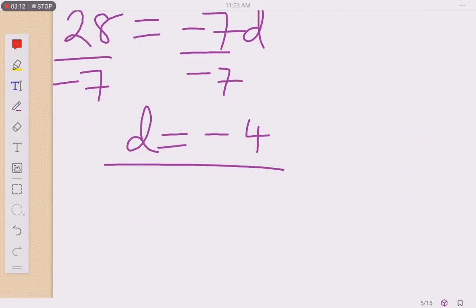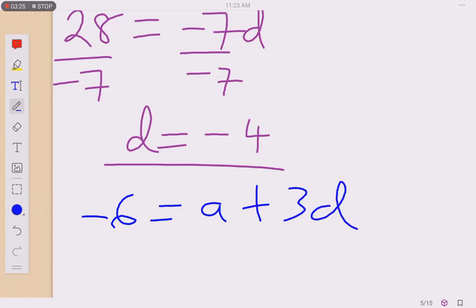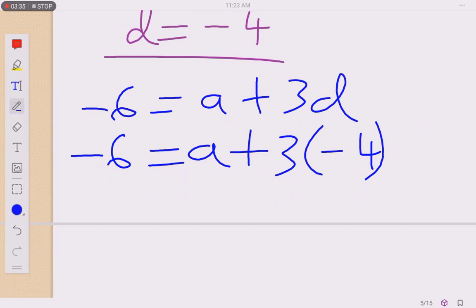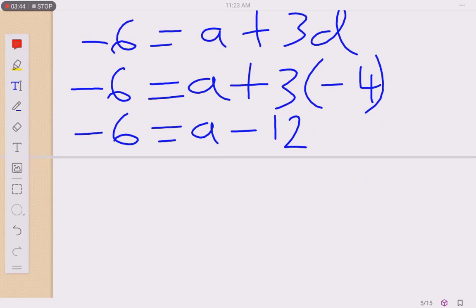With this D, we can find the value of A in either equation 1 or equation 2. In this case, I'm going to use equation number 1. Minus 6 is equal to A plus 3D. Our D we now know, so minus 6 is equal to A plus 3 times minus 4. Multiplying that, we get minus 6 is equal to A minus 12. So at the end of the day, our A is equal to